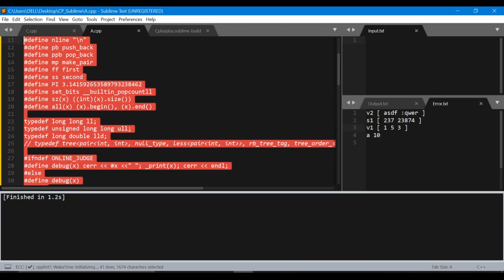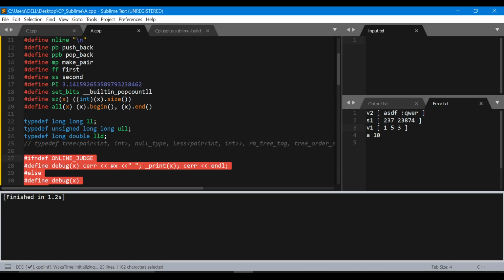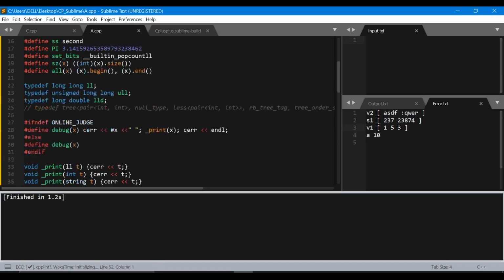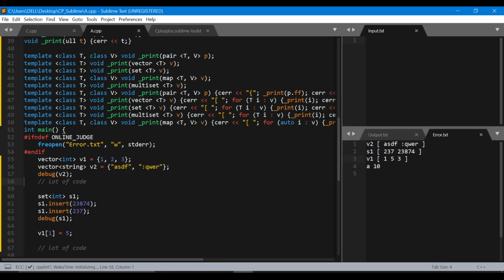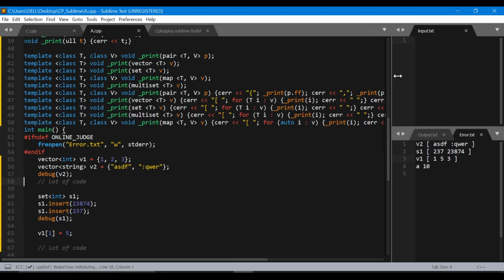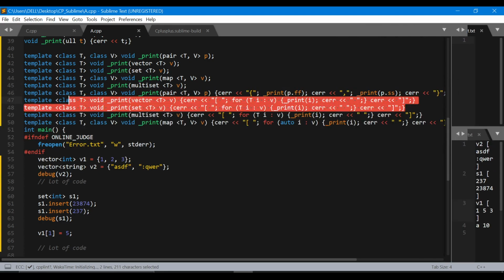These are certain lines of code that you can write on the top of your own template and you will be good to go. You don't have to do anything. I have explained to you each and every line of code here. Like this is very standard. Whatever I wrote, I have just copied it again here.